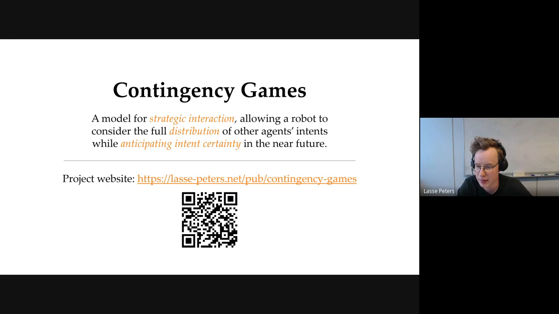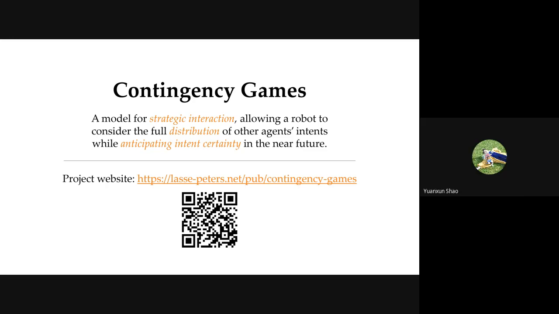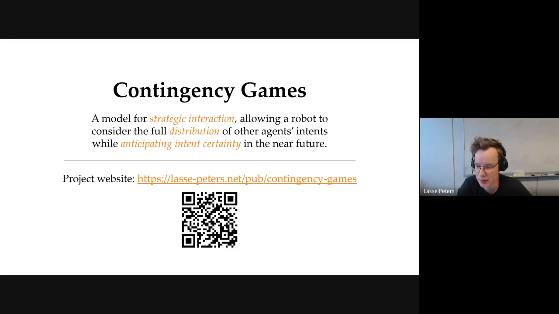Oh, I see. So you are saying for the IQ games, we can only have the dynamics as the non-convex constraint. We could not have any other constraints. But for the contingency game, it's a more general framework that supports general inequality constraints. So I think that's an actual benefit. Maybe on the downside, IQ games is more efficient than solving the contingency games, I'm assuming that. Yeah, I don't think that the comparison